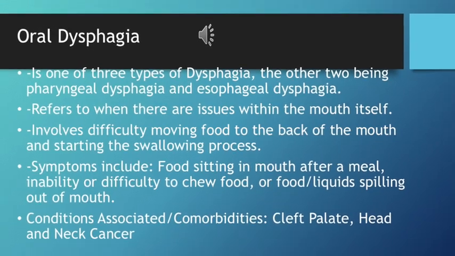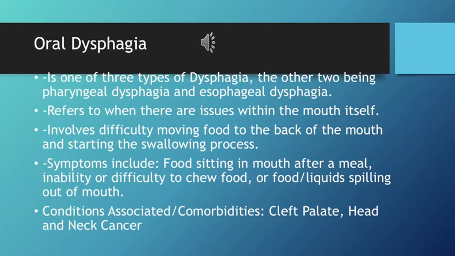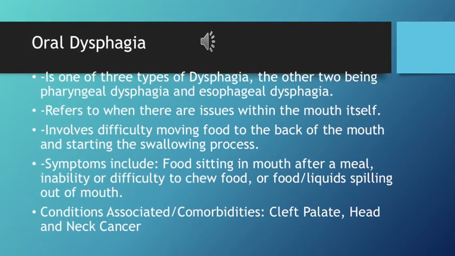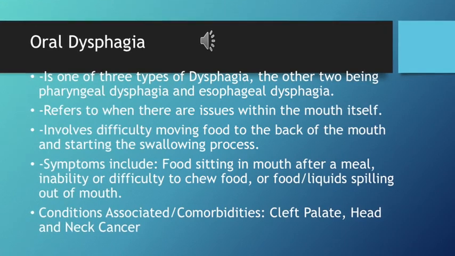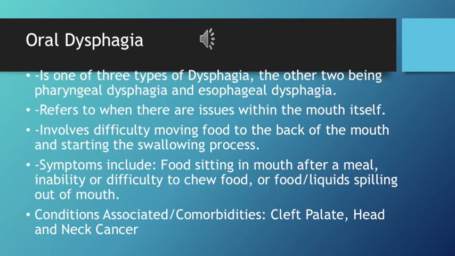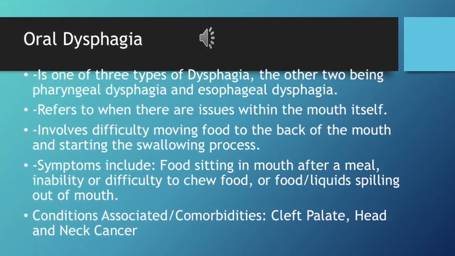There are 3 types of dysphagia, each one affecting a different part of the swallowing process. Oral dysphagia refers to the difficulty in the swallowing process due to issues regarding the mouth. This is usually due to issues with the movement of the tongue and efficiently pushing food towards the throat. This results in food sitting in the mouth and preventing food from moving on to the next step of the